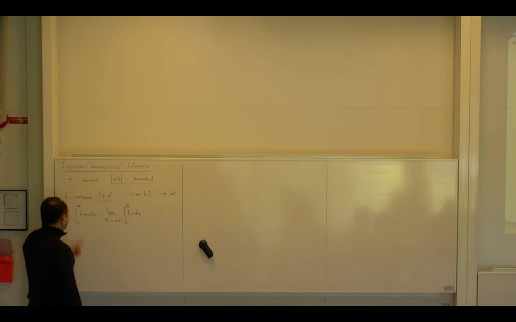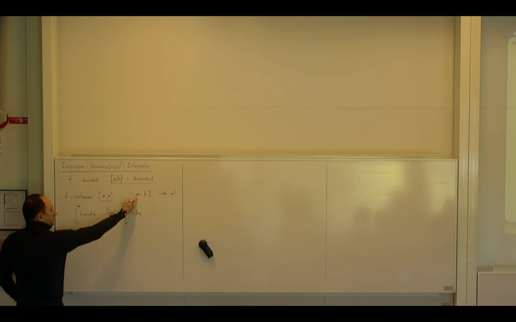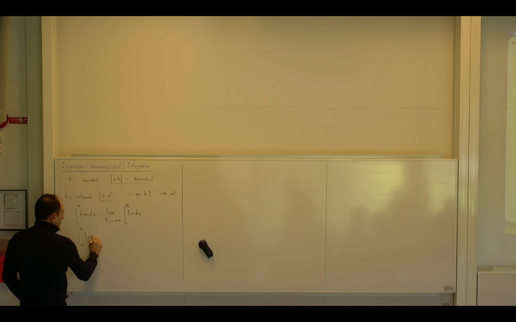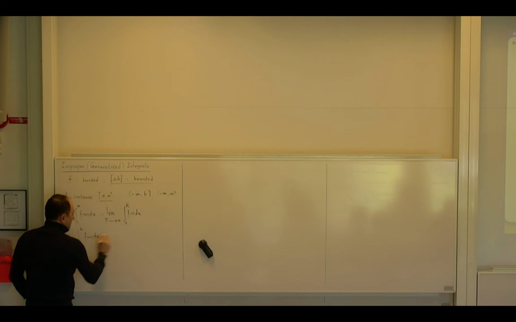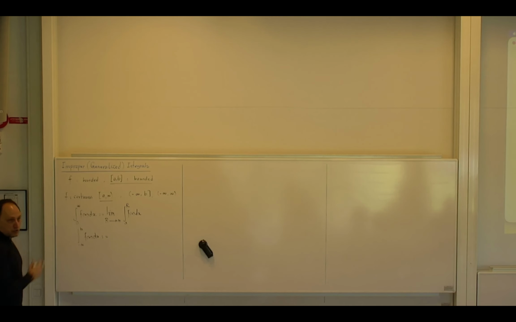So I want to make everything short, and I want to ask your opinion now. What do you think I will define the other way for this interval? Both of them are improper integrals of type 1. So I start from minus infinity and go to some number b, and I want to define it. How do you think I will define it? Just from the intuition you got from this definition, how do you think it's a good definition if I want to do something similar to this?